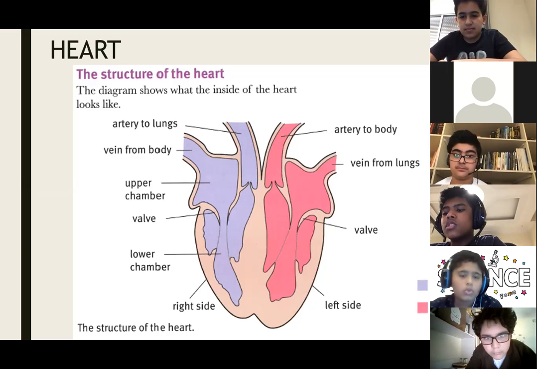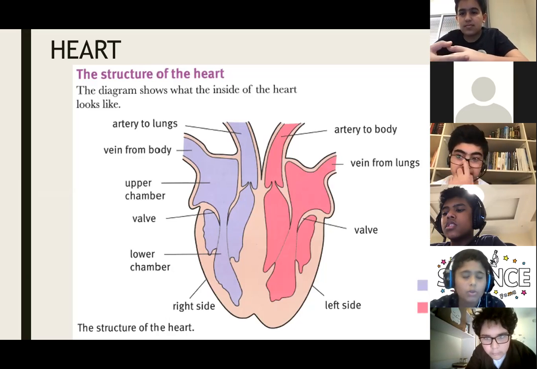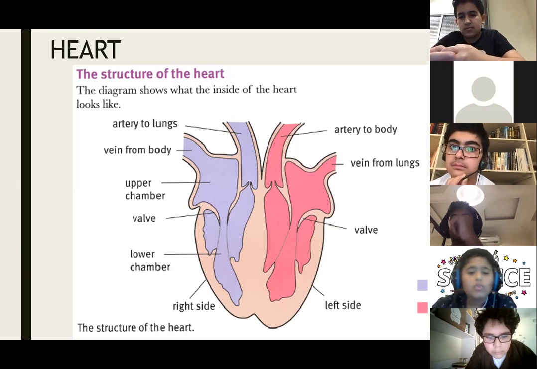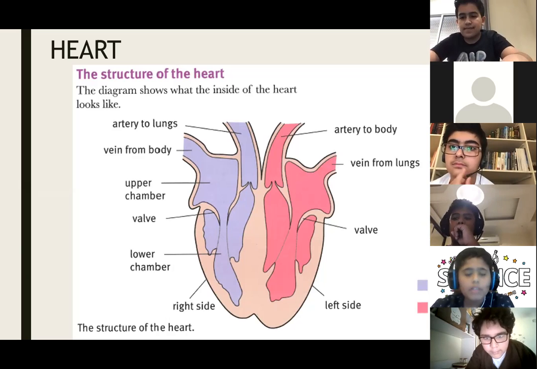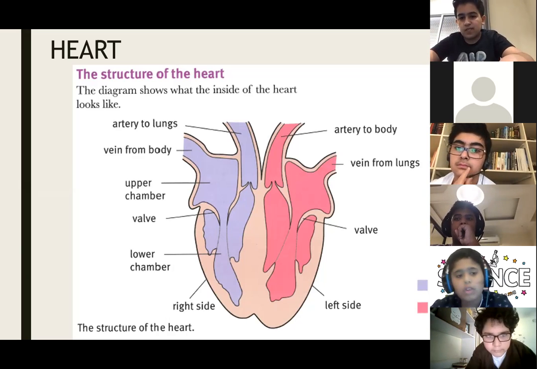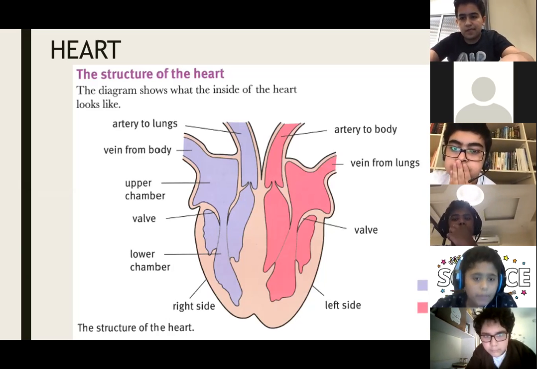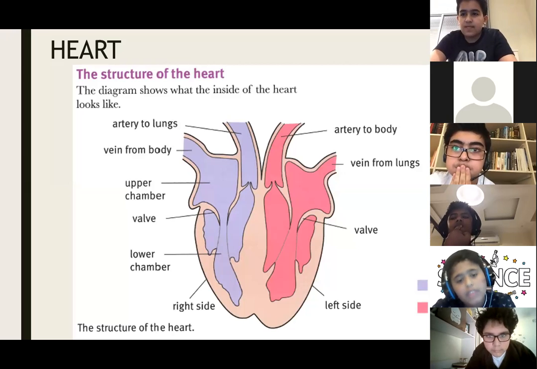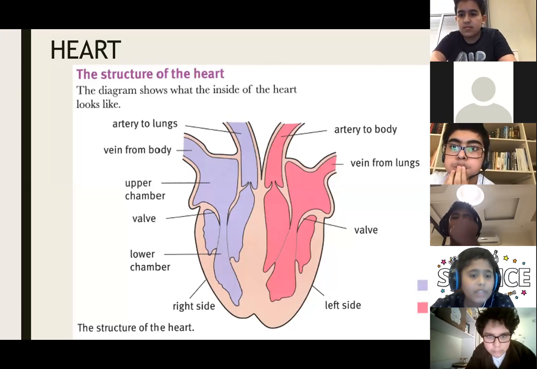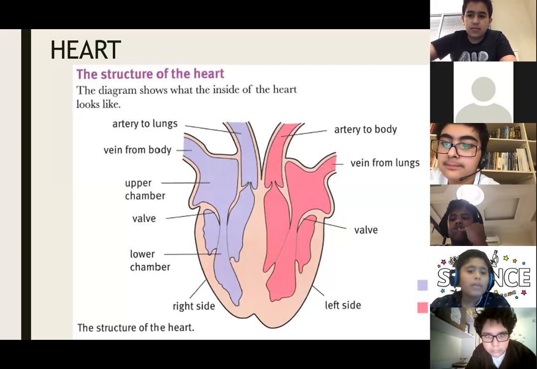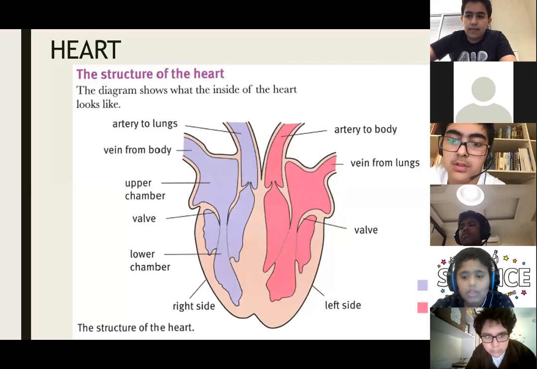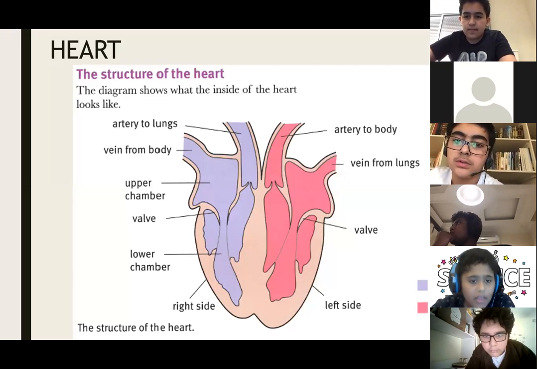The structure of the heart. The diagram shows the inside of the heart, how it looks. The artery of the lungs is where deoxygenated blood comes from to the heart, and the veins from the body. That's where they release, and veins from the body, deoxygenated blood, and the upper chamber. It's where the veins push the deoxygenated blood inside the heart. The valve is where